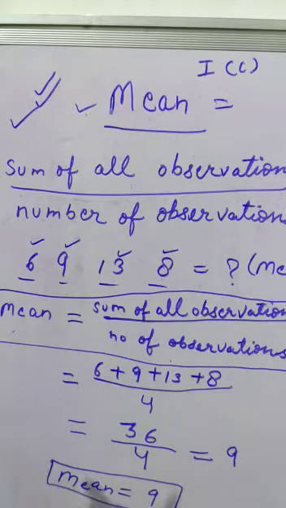So I think we have to move to exercise 1C. Yes, this is 1C we have started, and as you can see there are some questions here. Find the mean of each of the following sets of data. In the first question you have 8 parts. In every part you have to find the mean. The simple formula we will apply in every question.